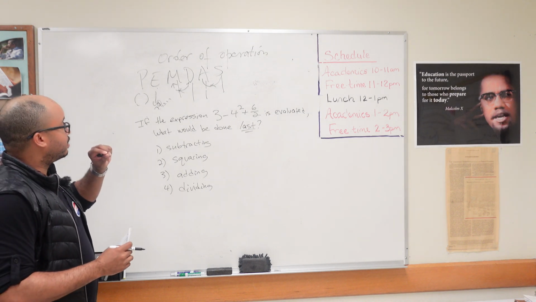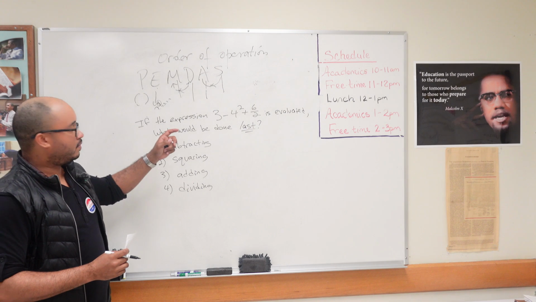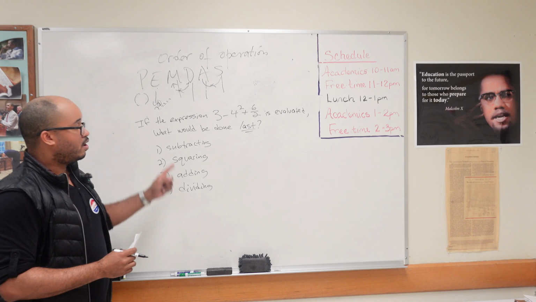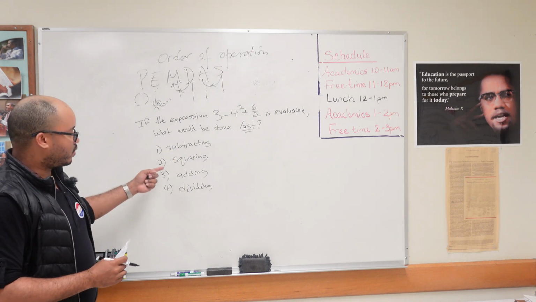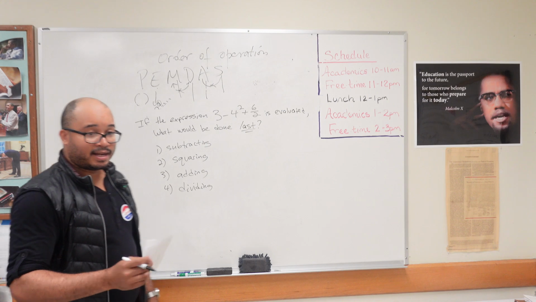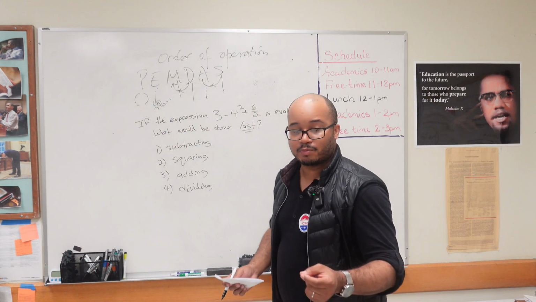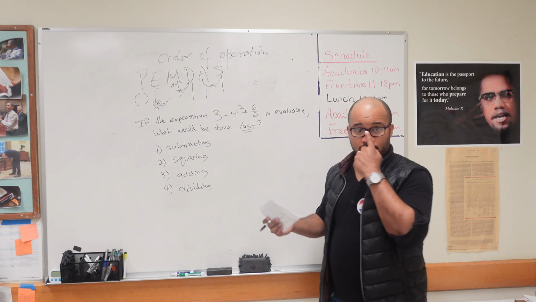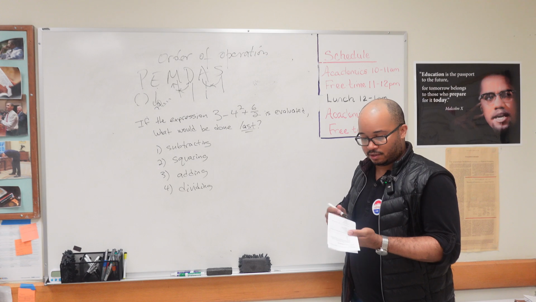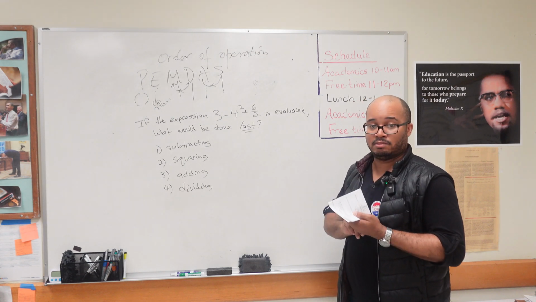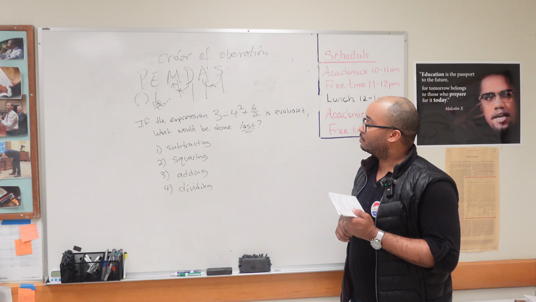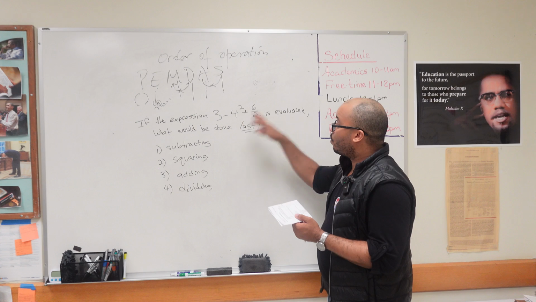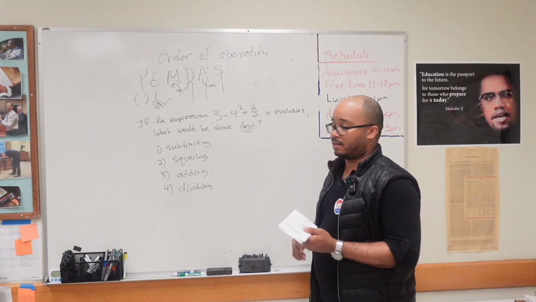Again, this is the order of operations. If the expression 3 minus 4 to the second power plus 6 over 2 is evaluated, what would be done last? Subtracting, squaring, adding, dividing. And again, to what Mr. Paulin's point was at the previous problem, they don't want us to actually do it. Even if a kid can do it, it's not going to help them answer this question. Maybe it could, but it might be time consuming, right? It's a time test. Sometimes they put in questions to take up your time.